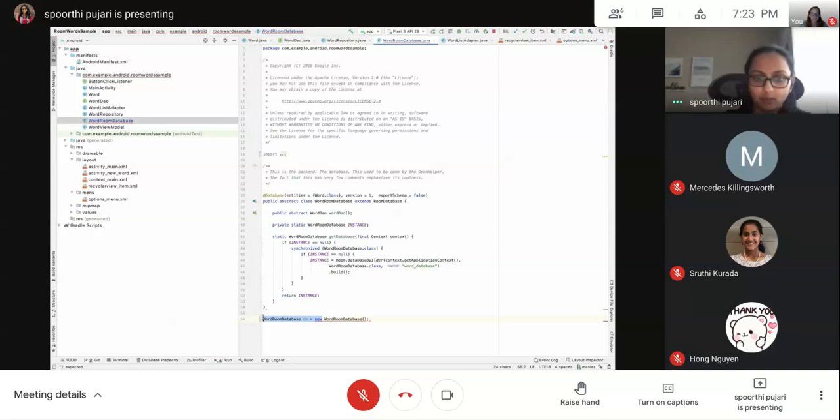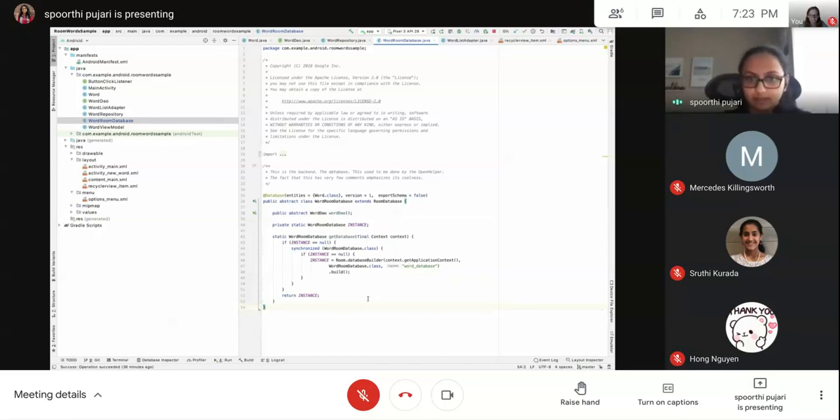Instead, I'll only have one instance of this class, and I can directly access whatever methods of this class by just doing this. Say here I have one method which is wordDao, so I'll just do WordRoomDatabase dot wordDao. So this is how I access it. So now I'm ensuring that there is only one instance of the class.